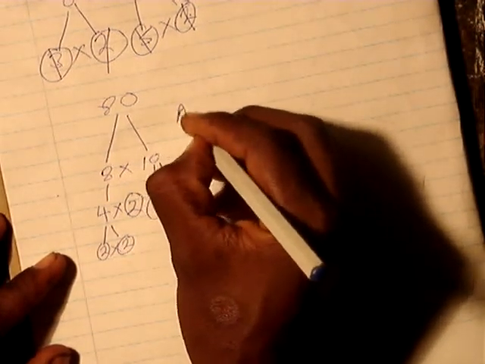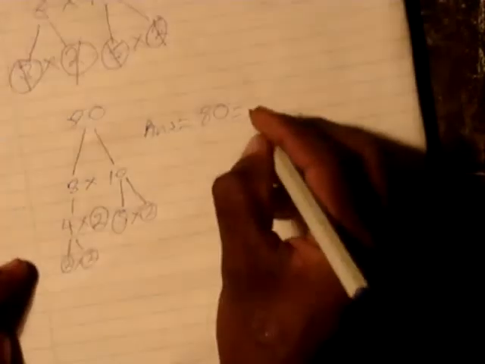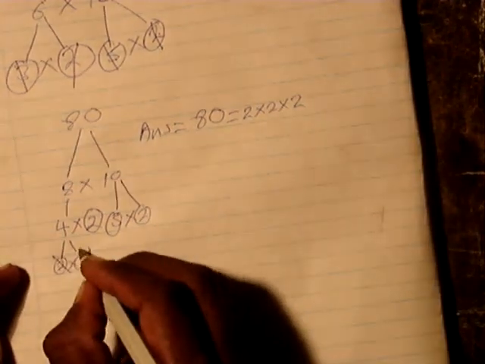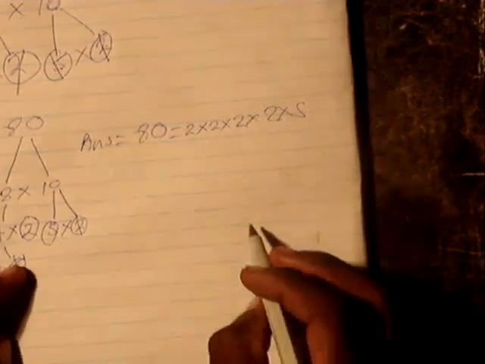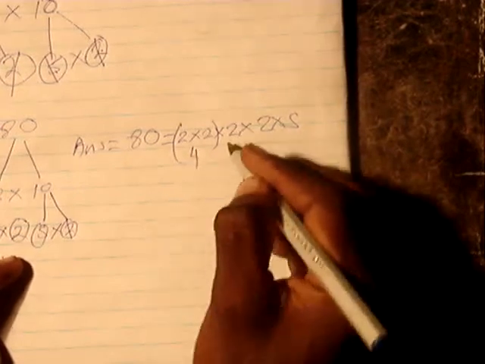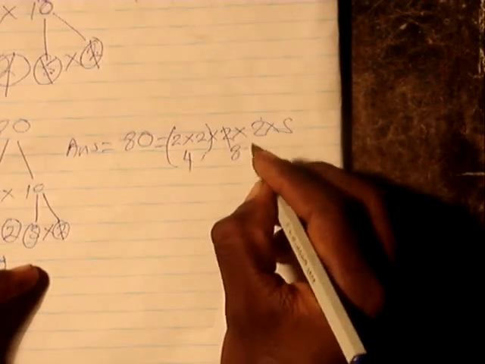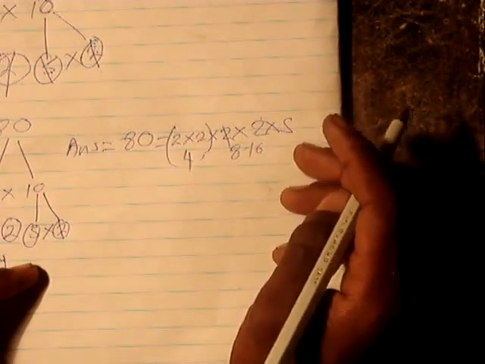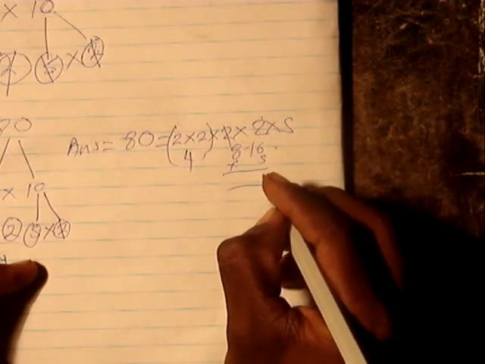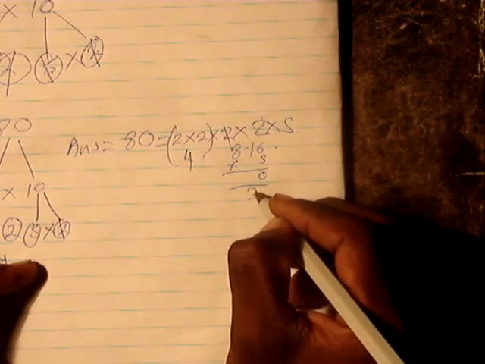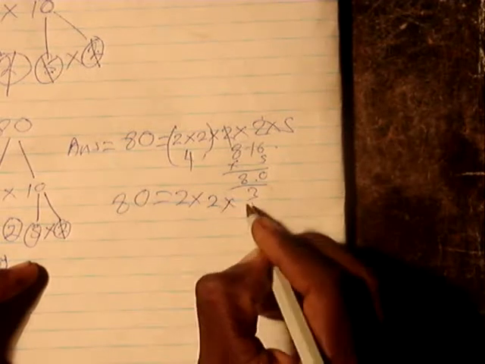So our answer is 80 is equal to 2 times 2 times 2 times 2 times 5. Let's check: 2 times 2 is equal to 4, 4 times 2 is equal to 8, 8 times 2 is equal to 16, and 16 times 5 is equal to 80. So our answer is 80 is equal to 2 times 2 times 2 times 2 times 5,